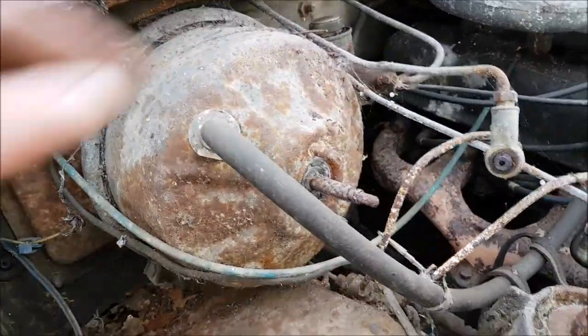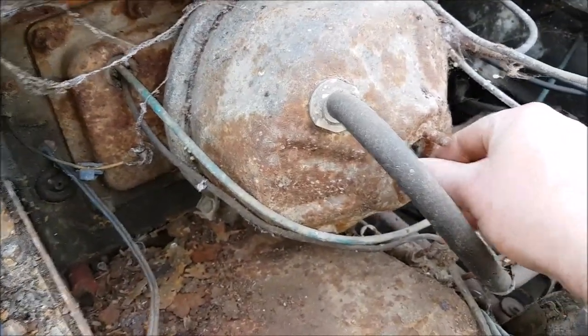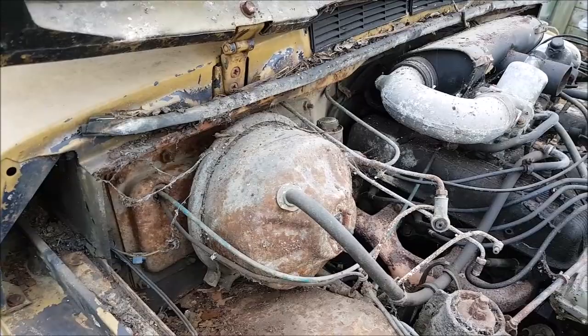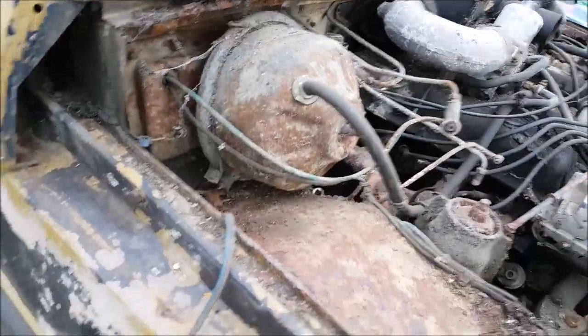What have we got here? It's a servo. It's push rod. Yeah, it goes right in. I don't think there's any diaphragm in there whatsoever. But service those. They're not difficult to do. I'll do a video on that one day. Being safety critical, you know what you're doing before you start messing around with anything to do with the brake